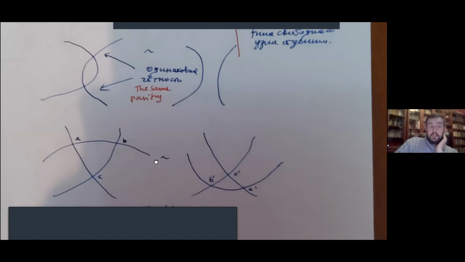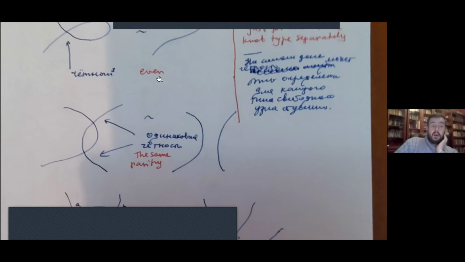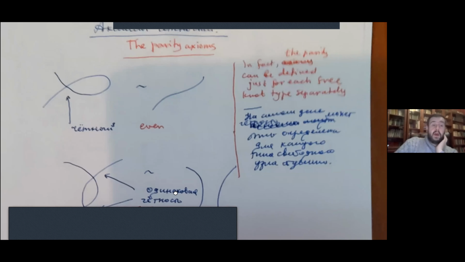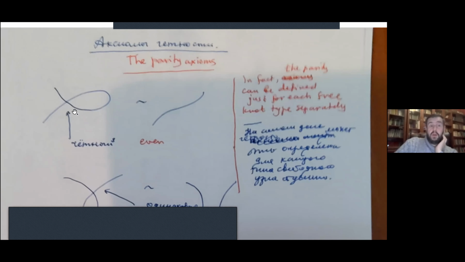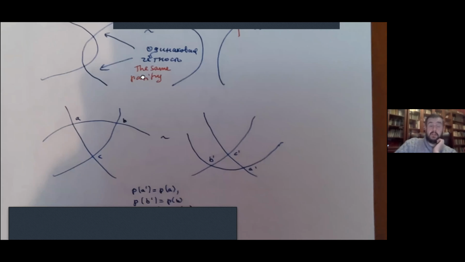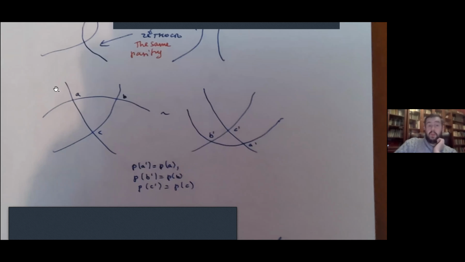So these are properties. What happens to crossings which participate in Reidemeister moves? And actually, you see, if we have a Reidemeister 1 move, then this crossing is even. Если мы используем Reidemeister первое движение, то перекресток четный. Если мы используем второе движение, то оба перекрестка имеют одинаковую четность, the same parity for both crossings for Reidemeister 2. And if I have a Reidemeister 3 move, then,